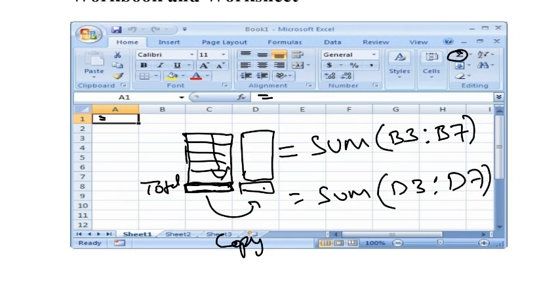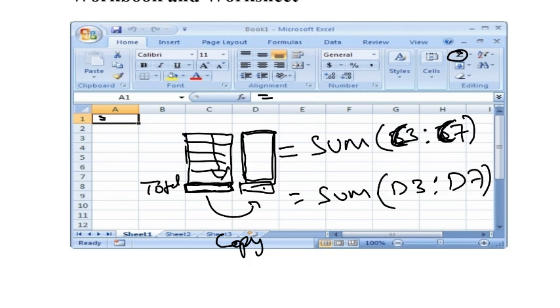Actually, what I explained previously was not column B, it is C3 to C7, and once you copy it, it becomes D3 to D7. So no need of typing. Once you type the formula, if you copy that, automatically it will see exactly which cell you are selecting, since the row will remain the same and only the column is changing.